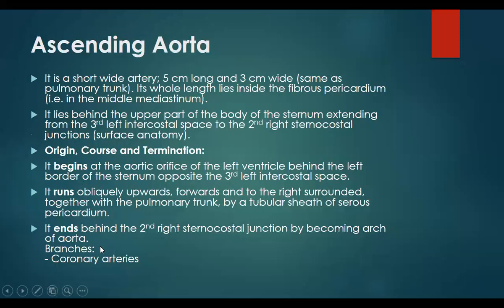Okay. So here, the branches coming from the ascending aorta: there are no branches except very important arteries coming from here. These are called coronary arteries. Coronary arteries are those arteries which supply the heart, the right and the left coronary artery. These are the only two arteries beginning from the ascending aorta. There are no other branches coming from the ascending aorta except these very important arteries which are supplying the heart